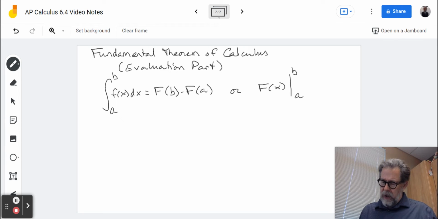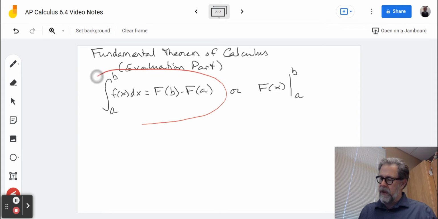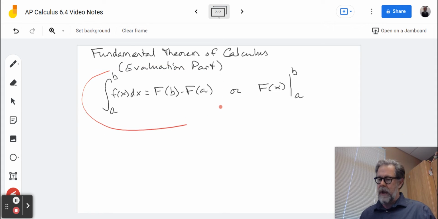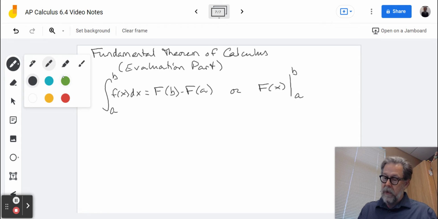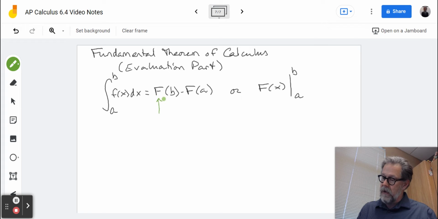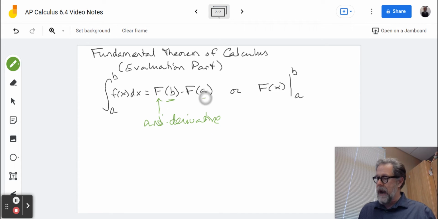So let's start with the fact that last chapter we derived this equation right here. If I am taking the integral from a to b of some function f of x with respect to x, I can just actually calculate that by finding the antiderivative. Remember that this is the antiderivative, capital F, and I can evaluate that at b and then subtract the evaluation at a, and that's the value of the